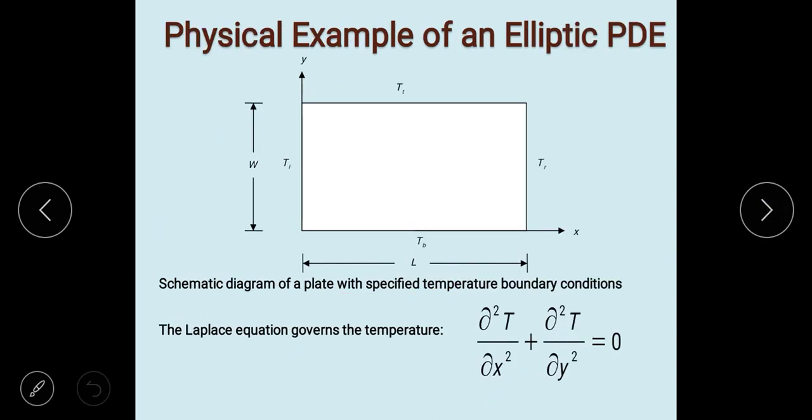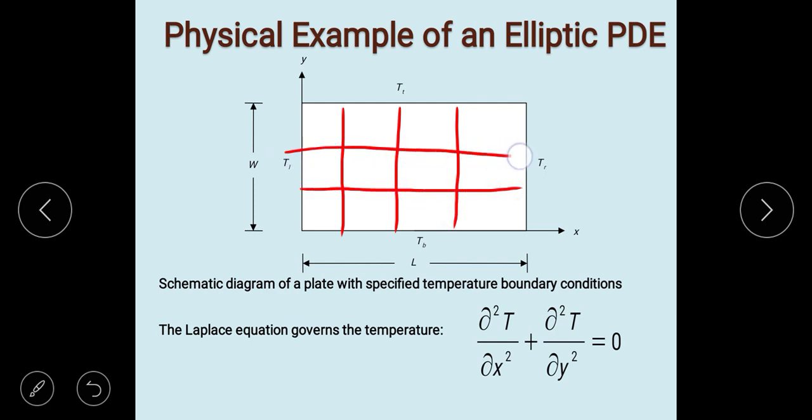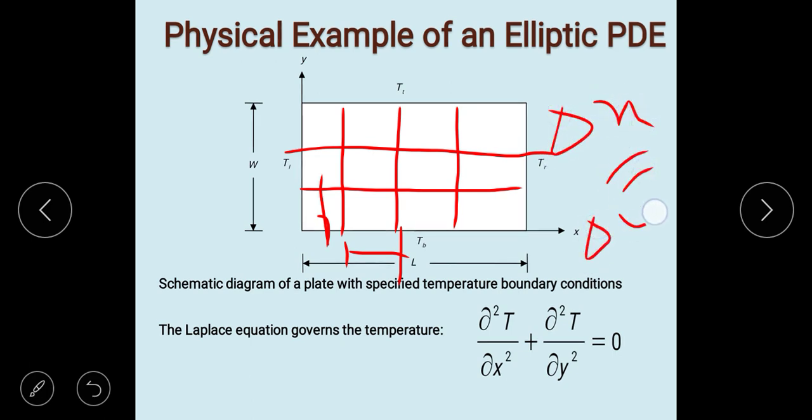Physical example. So one plate is given. In finite difference form, what we are actually doing is discretizing this plate into a small number of segments like this one. One thing is under consideration: the parts, meaning the length along x and along y, should be the same. It means delta x should be equal to delta y in elliptical PDE.